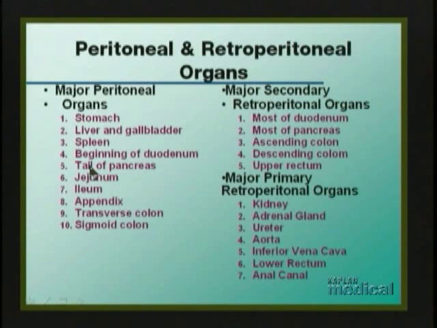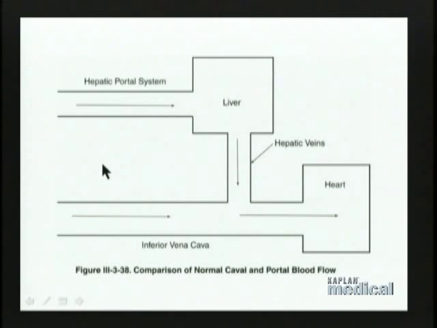But now let's turn our attention to what happens to the blood flow once it drains into those veins. And if we look at this schematic here, this explains what's going to happen. What we see is that blood that drains into the inferior vena cava will get carried straight to the heart. As we know, the inferior vena cava empties into the right atrium. The blood that drains into the portal system also obviously has to get back to the heart with the